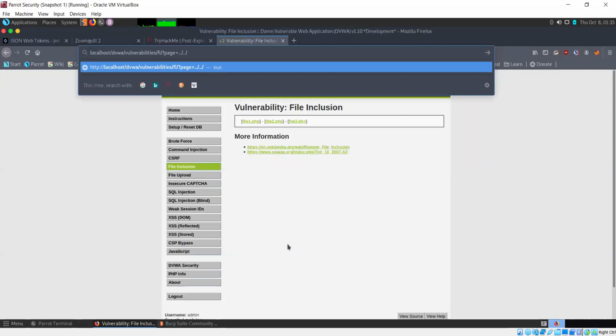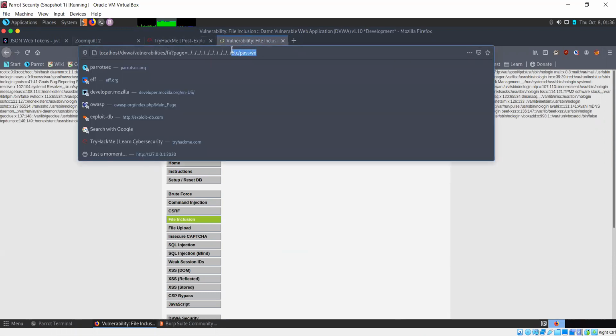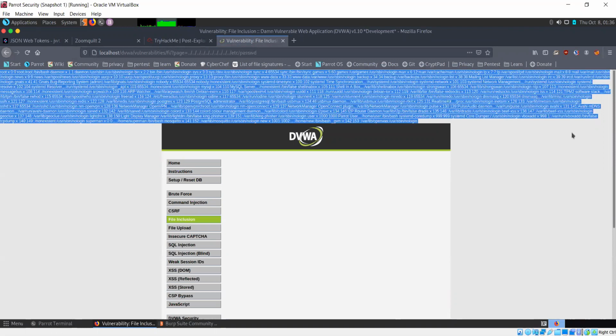Now what I'm doing is I'm looking for stuff in other directories. So first we need to make sure that we are at the root, and then we'll go to etc. Try looking at passwd. Okay, so since this server is vulnerable to file inclusion, we have been able to include the etc passwd file with the page parameter, and these are the contents of that file. So we are able to see that.